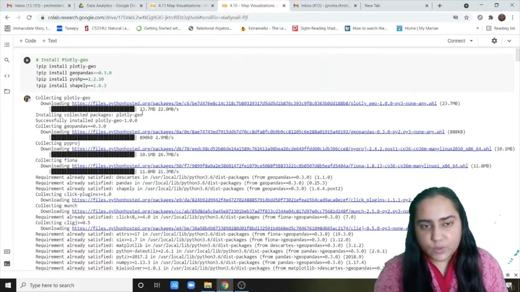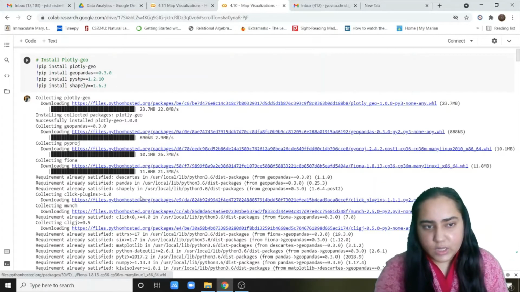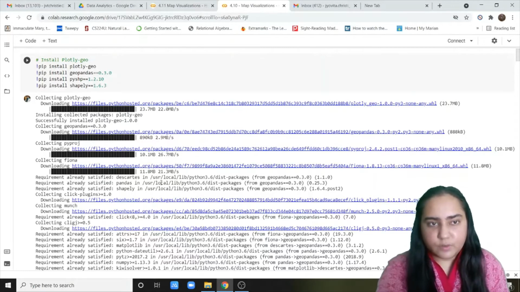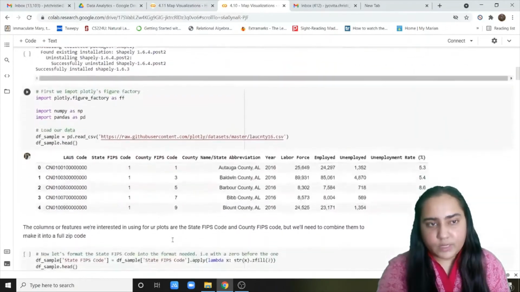Once you do that, you will see a bunch of these things running, and it will show you that a certain package is now installed, how many MBs are downloaded, and everything. I'm not going to run this again because it's already installed. I would recommend that you pause the video and try to install these libraries. And once that's ready,